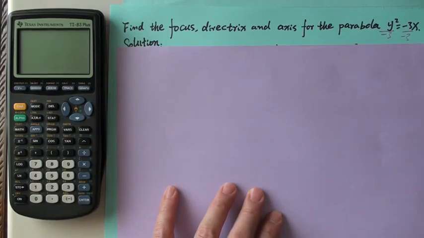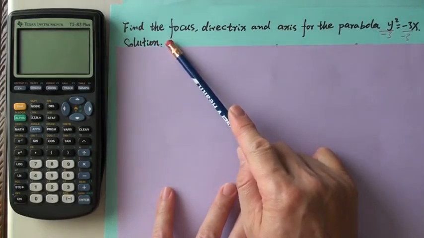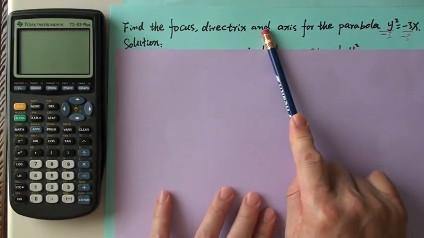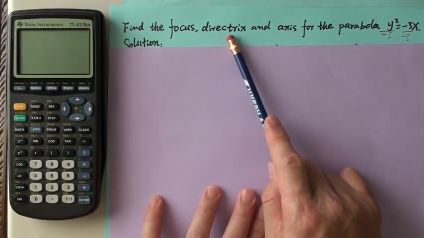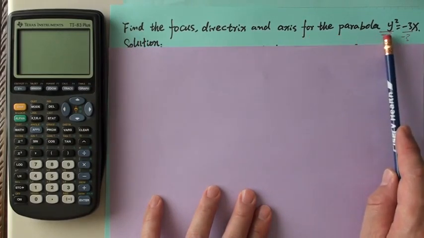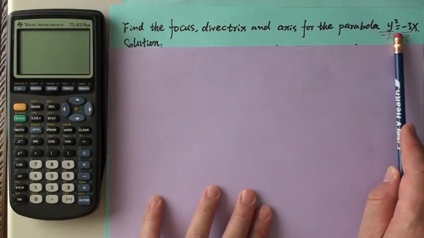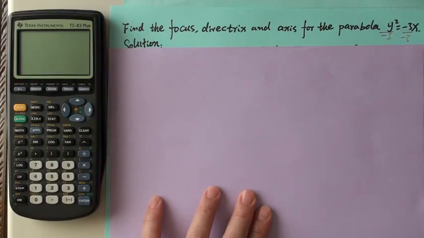In this example, we will look at this example first in this lecture. We want to find out the focus, directrix, and axis for the parabola y squared equals negative 3x. How to get started? Again,